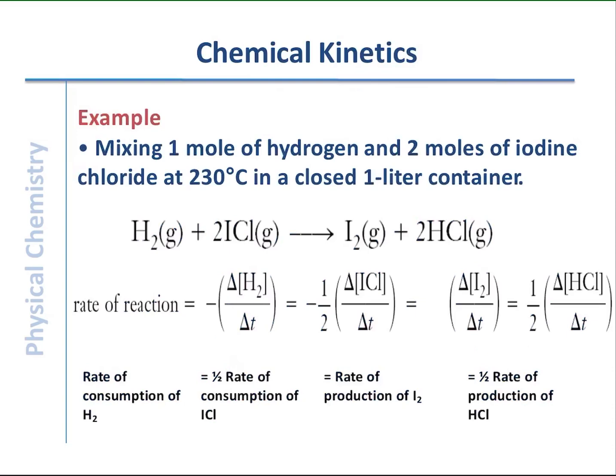The rate of reaction according to iodine chloride, we have to divide this ratio by 2. For iodine, we will divide by 1. For hydrogen chloride, we will divide by 2. The rate of reaction can be calculated according to